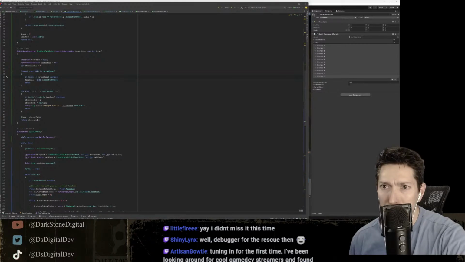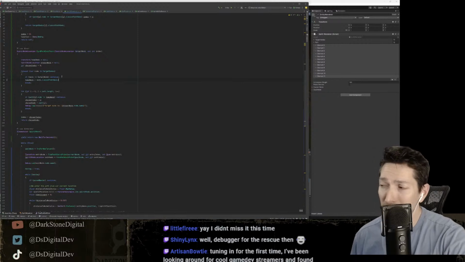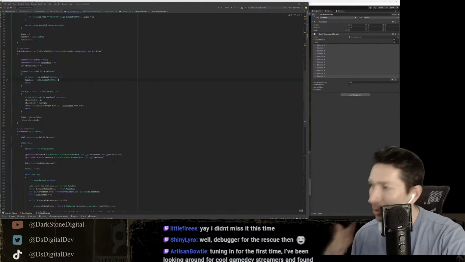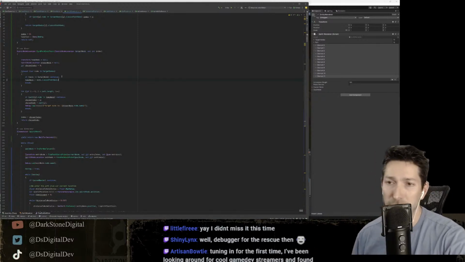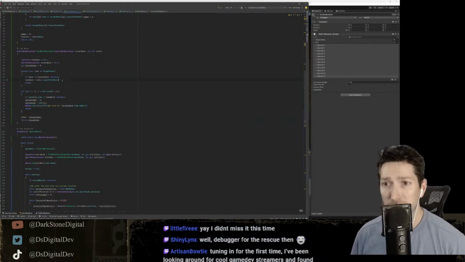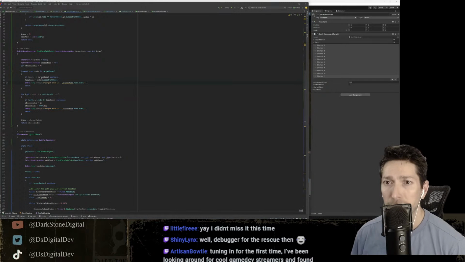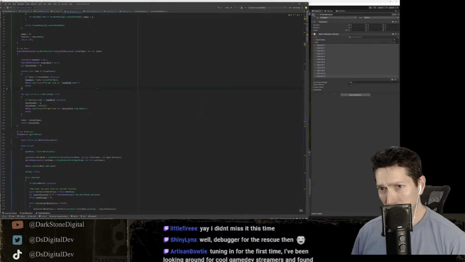Target node. If they don't match, we ignore. We get the temp node. We do know that is correct because we have done debug a million times and sent it back. We know it's correct. We are going to do each of these just to make sure. We're going to say node closest path node dot name. Temp node dot name. Cool.